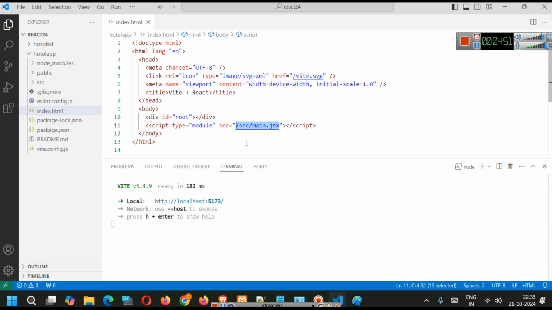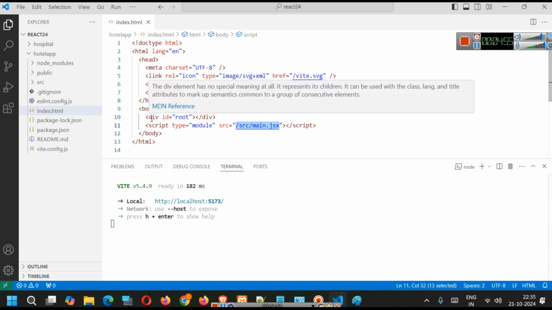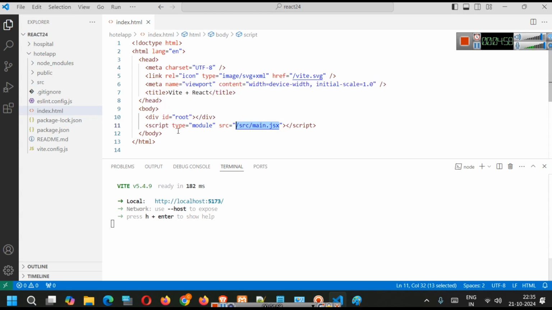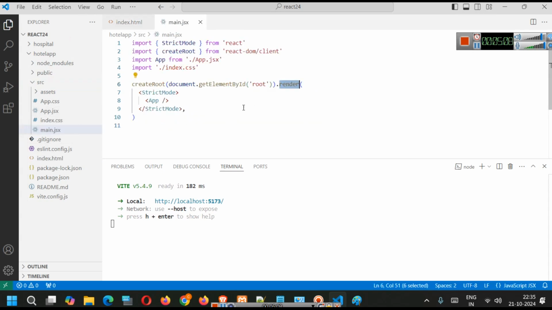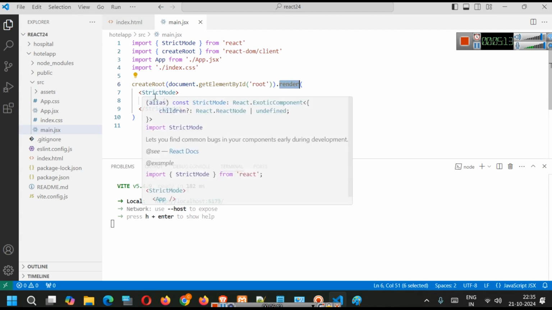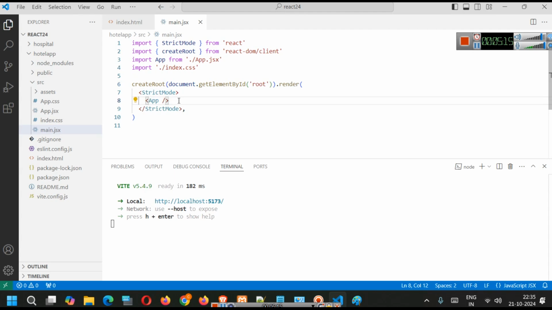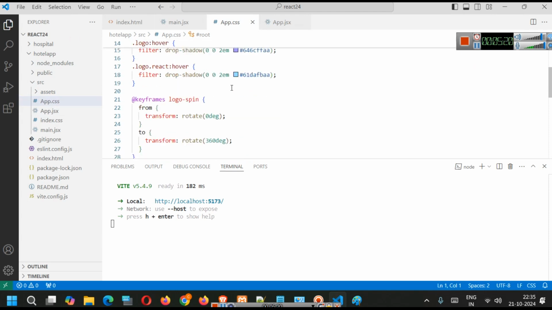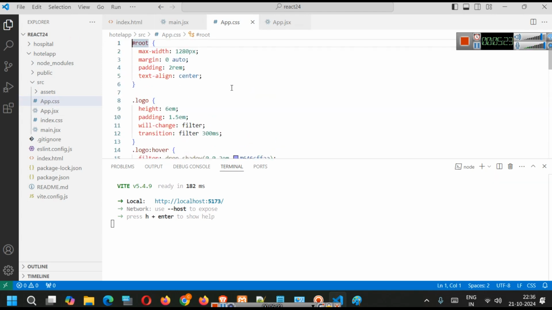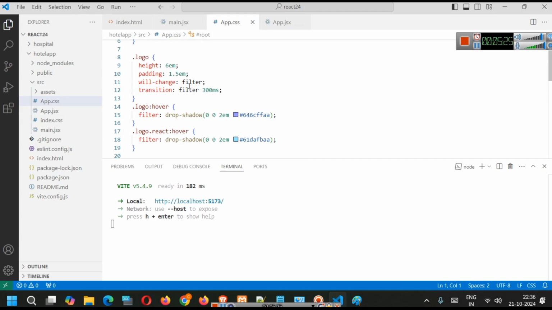index.html, you will see that we have a document. In the document there is an element which has an id of root. So this is what is happening here. When you are inside main.jsx, what it is doing is simply calling the App. And when you go to App.jsx, the App.css is all the styling for App, whatever color, alignment, logos, height,